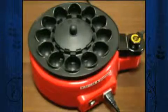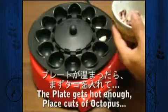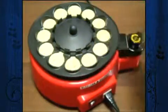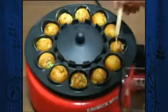The automatic octopus ball maker takes the muss and fuss out of DIY octopus ball making by combining a non-stick molded plate and a motor that gradually flips and cooks the octopus balls as needed. The kit includes a pitcher for pouring octopus ball batter, an oil brush, and picks for spearing the takoyaki,